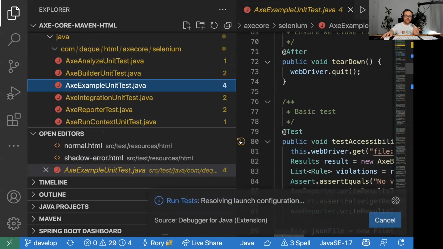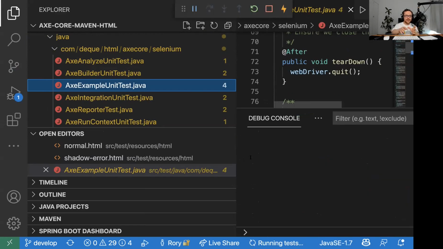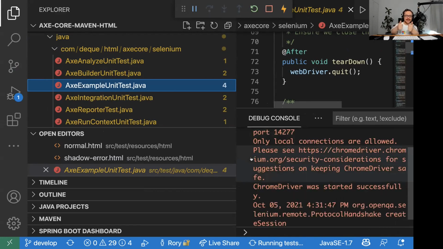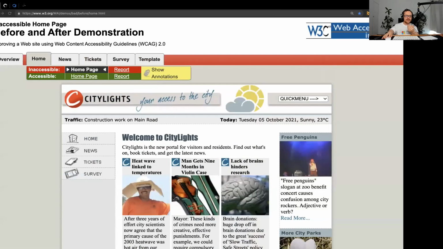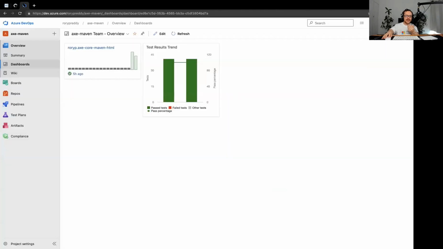Click to run test, and you can just run the test there, and it's going to use Chromium to actually start up a test there, and it should pass because I ran it earlier today. And there we go. Now you take all of that, and you run that against your website constantly to check the compliance there, and then you've got something like this that I set up earlier today on GitHub,